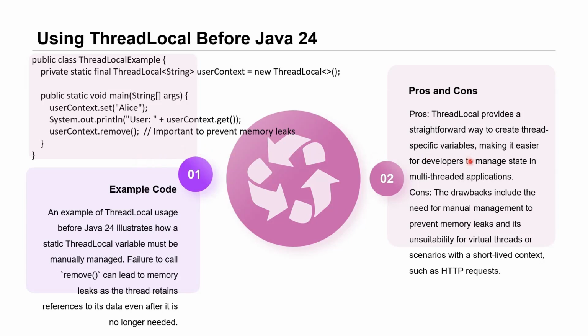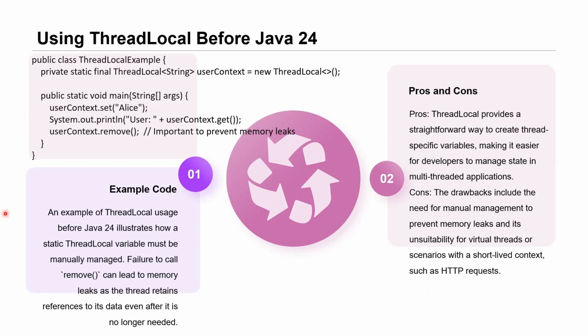ThreadLocal provides a straightforward way to create thread-specific variables, making it easier for developers to manage state in multi-threaded applications. On the disadvantage side, the drawbacks include the need for manual intervention to remove the data from this context, else it will cause memory leaks, and its unsuitability for virtual threads or scenarios with short-lived context,